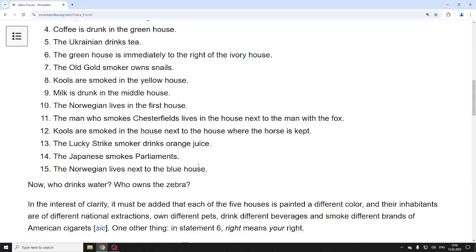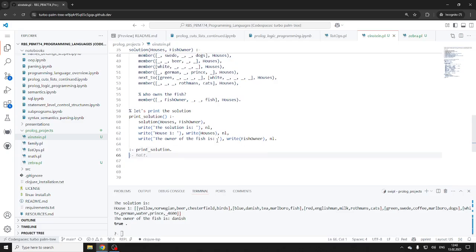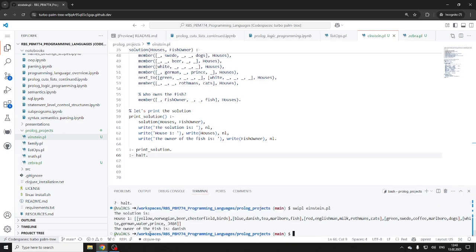Yes, it should work like this. Print solution, it's atomic and half. Alright, so now this should work from a command line. Yeah, it works. Okay. Alright, so basically if you need to print something out,